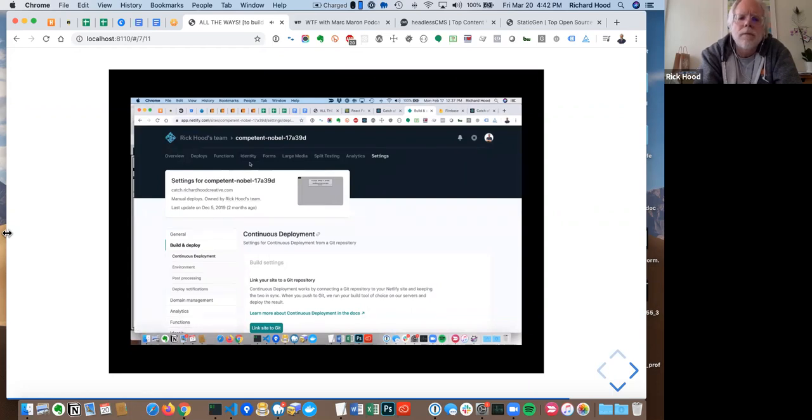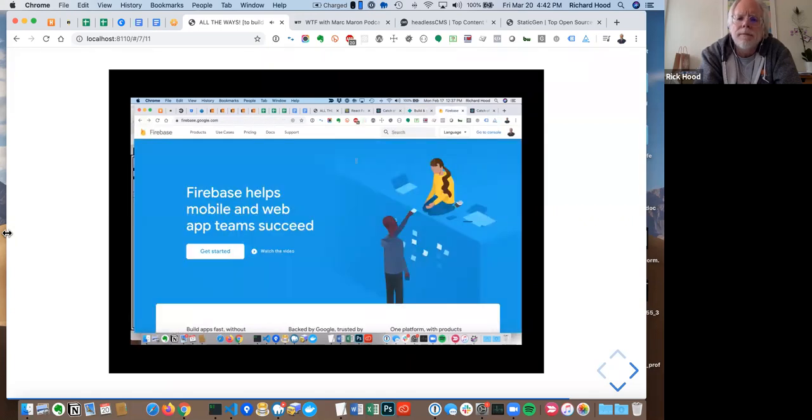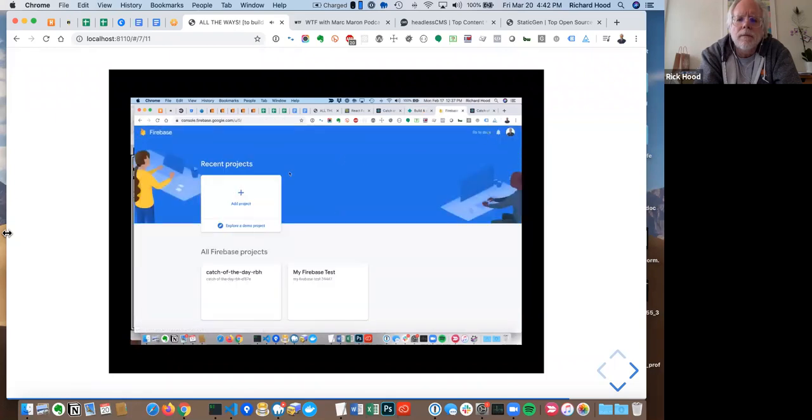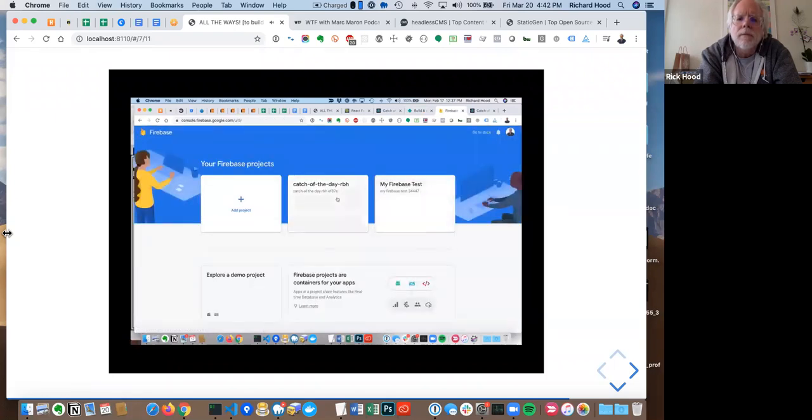And the way I deployed it is I did not connect it to the Git repo. I simply used the Netlify command line interface on my local computer, and it's just a command, netlify deploy, that you can just push it up to this particular instance on Netlify. So it's going to connect to Firebase. Here's the Firebase site, firebase.google.com. I'm already logged in, so if I click go to console, I'll see what I have going on up here at Firebase. And I have two things, some kind of test I was doing, and then here's the Catch of the Day one. So if I click on that,